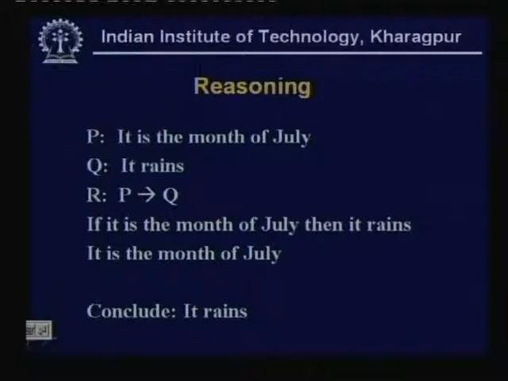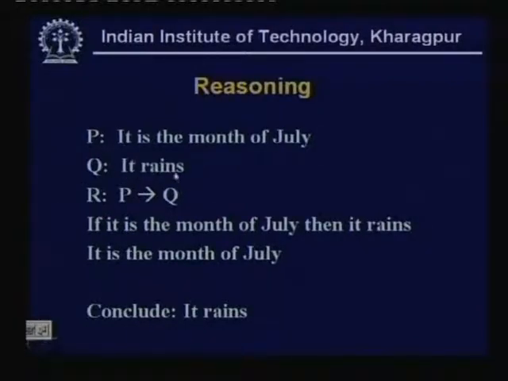Now let us come to reasoning. How do we carry out reasoning in the case of propositional logic? So what do we mean by reasoning? That you are given some propositions, and using the given propositions which are assumed to be true, you are trying to derive new facts which will also be true. Okay. So suppose there is a proposition, it is the month of July,